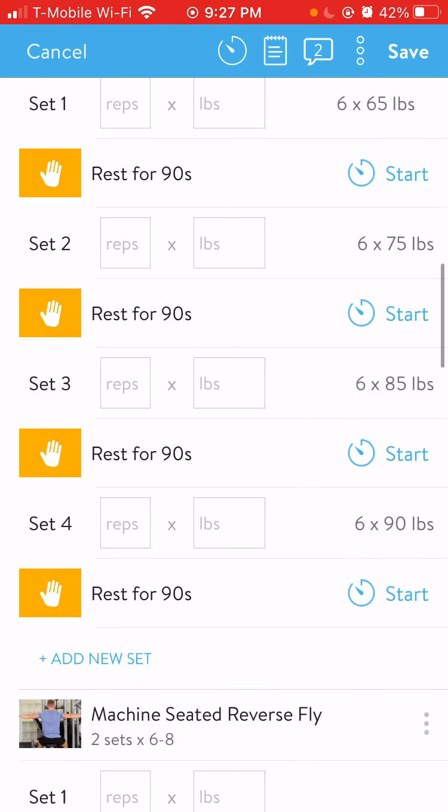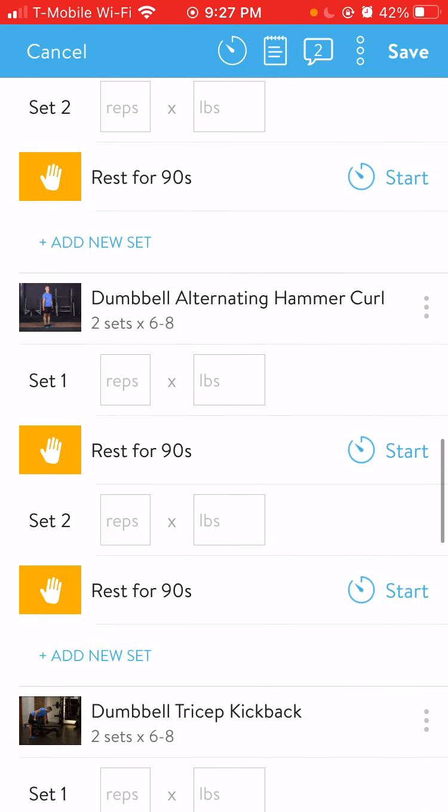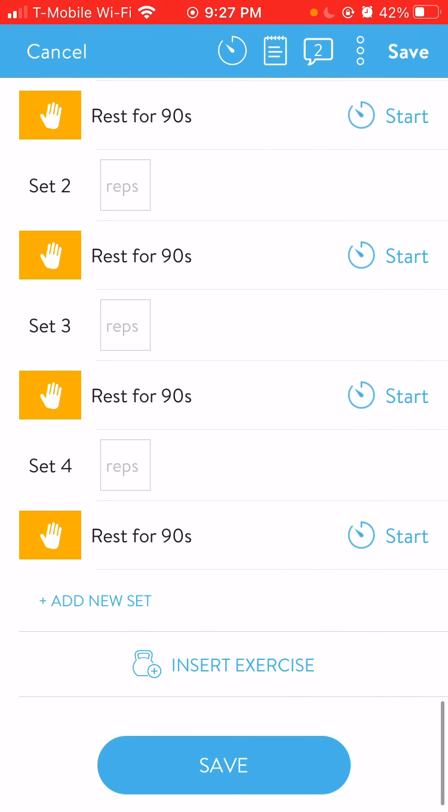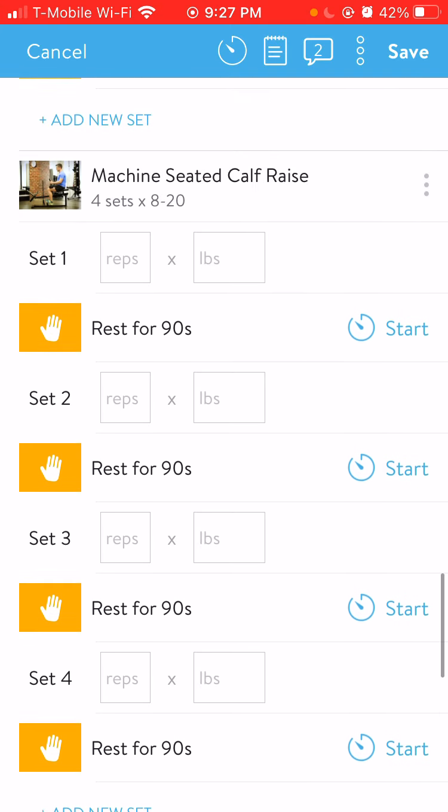So you go ahead and do this. You input the information for each and every exercise until you are finished, and you can go and click save now. But before we move on, let me show you